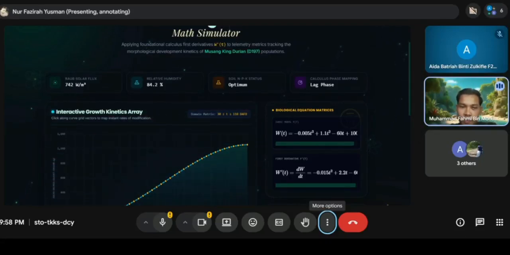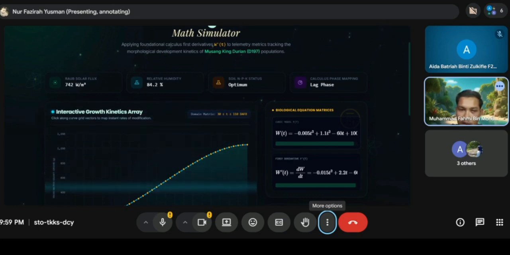Today, our group will present a bioscience problem in Malaysia related to agriculture and crop growth analysis using derivative. In Malaysia, one of the challenges in agrotechnology is understanding the growth rates of crop accurately. Farmers and researchers need to know not only the crop weight or size, but also how fast the growth changes